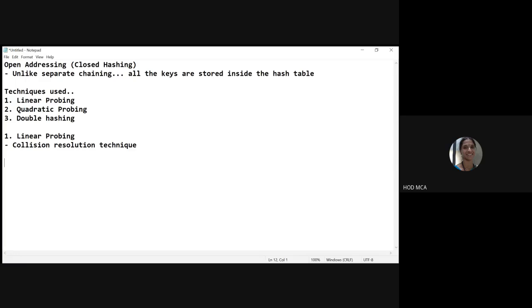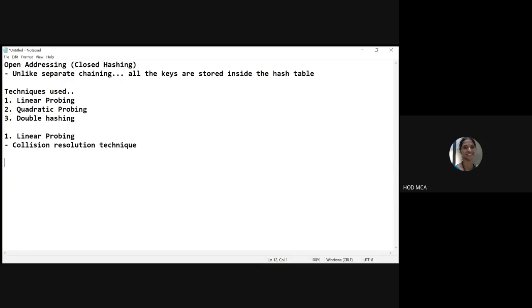Now we have seen what is open hashing. Now we are seeing open addressing, which is also called closed hashing. In closed hashing, we again have three different techniques: linear probing, quadratic probing, and double hashing.